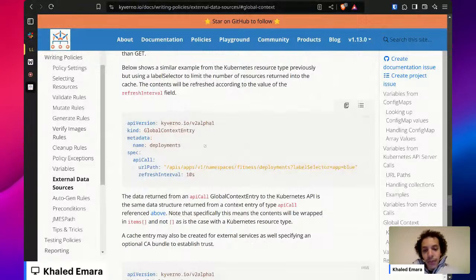It's still using the same format and standard as the previous API call. You can give it basically any path you want. This doesn't have to be an API server call. It could be a call to a Kubernetes service, and that returns IP addresses that you want to use for blocking, that returns geolocations. It can be anything you want. It's very flexible, and that is the power of the API calls feature, as well as the global context entry,